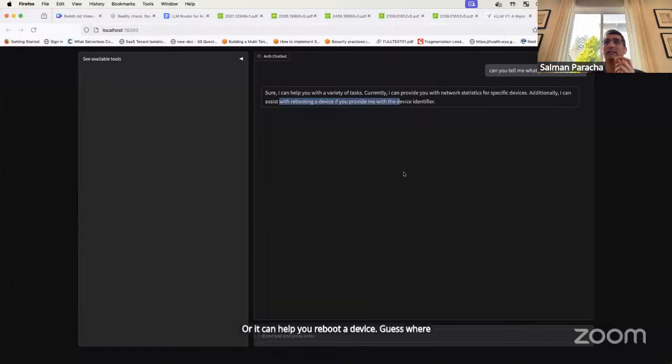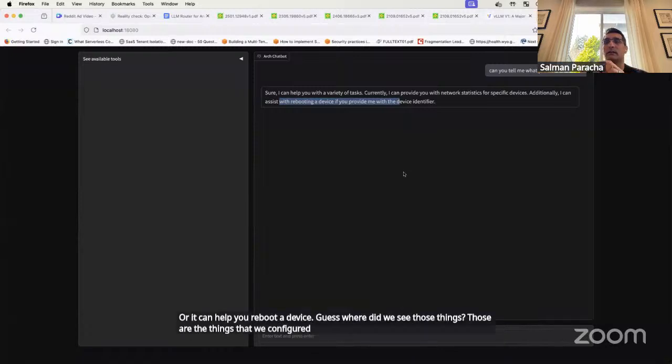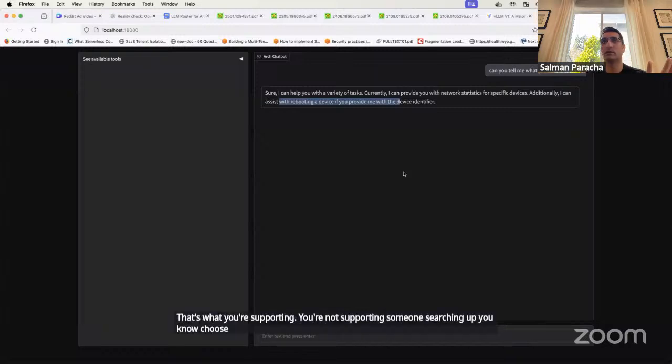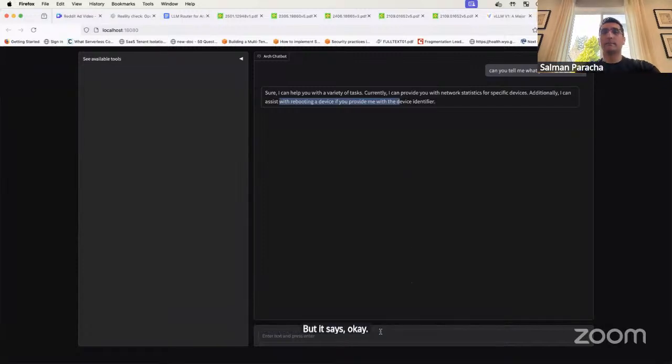Those are the things that we configured as part of the configuration of your application using Arch Gateway to tell it that, hey, you need to be able to keep it to these types of tasks. But that's what you're supporting. You're not supporting someone searching up shoes and doing shoe research between Nike and Reebok. But it says, okay, I can help you with these two scenarios. The next step is,